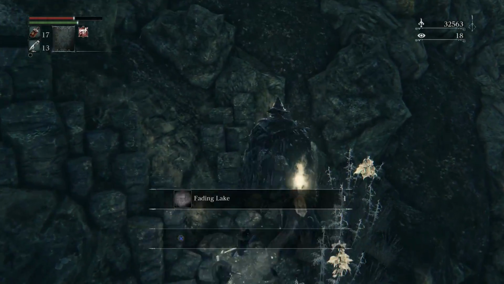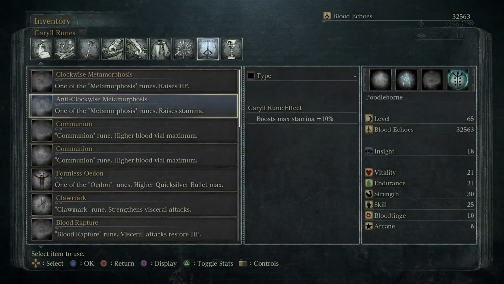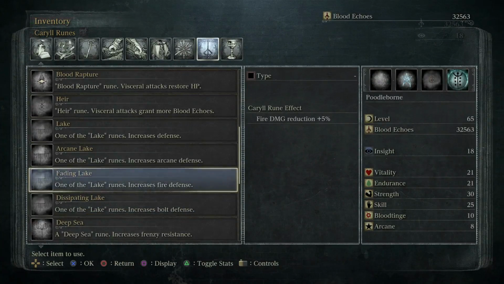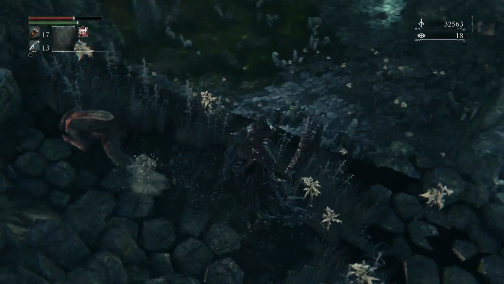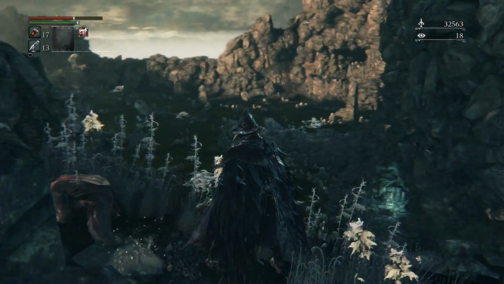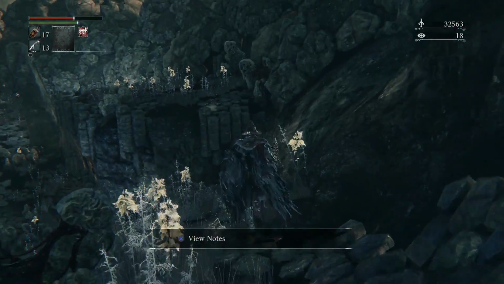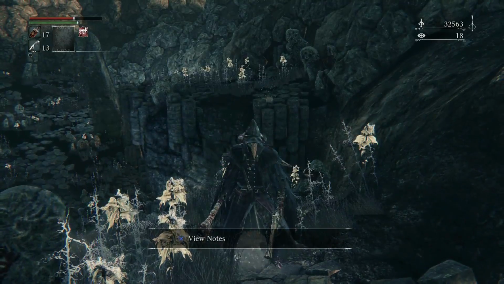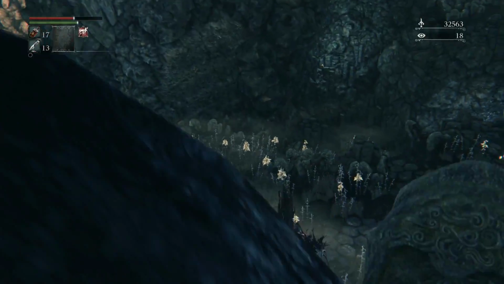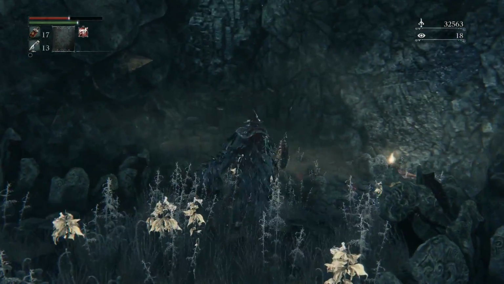Well, there's this. Fading Lake. That increases fire defense. Okay, cool. Yeah, and here's the poison swamp if we don't go down the Patches route. Rude waits ahead. That's a good note, but I'm not going to upvote it because I don't want to at the moment. Let's see, right over here, this is...